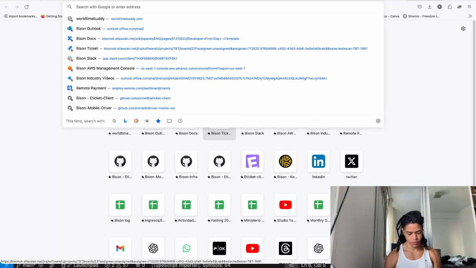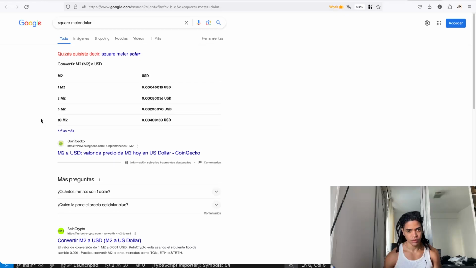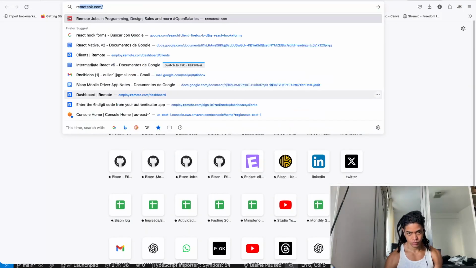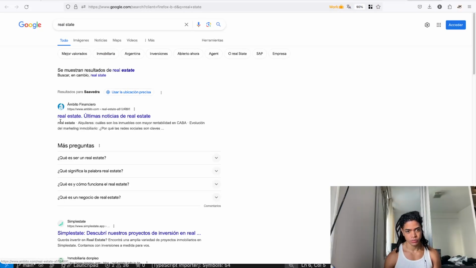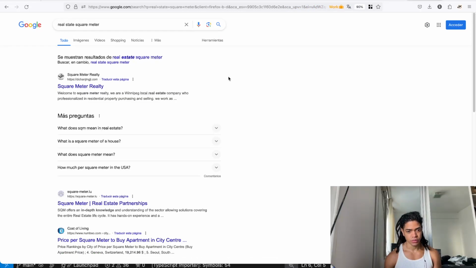Square meter in rentals, square meter real estate.